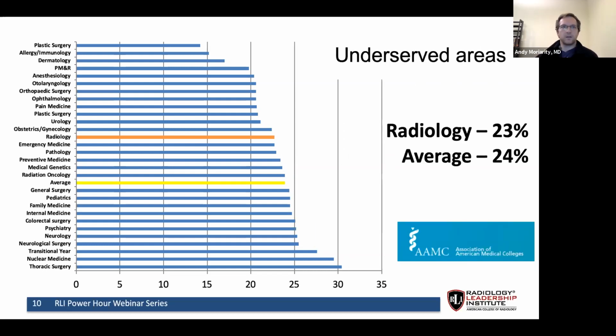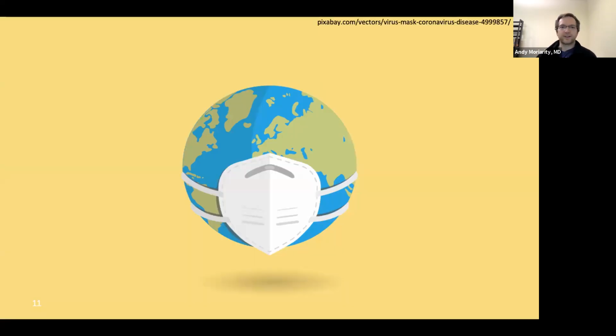And then finally, we asked them, what about underserved areas? You can see the national average is 24%. Radiology is pretty close to that. We seem to be following the national average and not really changing as much as everyone else. Of course, all this data was obtained before 2020, and then we all know what happened with COVID. So I'm going to hand it over to Dr. Bill Donovan to talk a little bit about some of the changes that we've seen on the ACR job board since then.